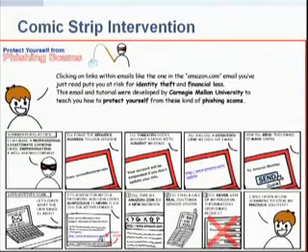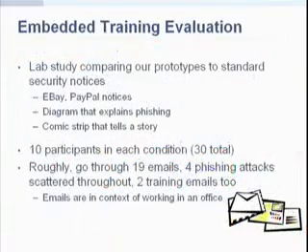And the bottom part is just saying what happens after they receive the email. Again, this is the intervention we actually use. We have an updated version of this right now. And it turns out that this intervention actually works far better than the rationalistic design that we have. So when we did the comparison study, we had 3 different conditions. First was eBay and PayPal notices, the standard ones that they sent out. We had a diagram that explains phishing, and then we had the comic strip that tells a story.